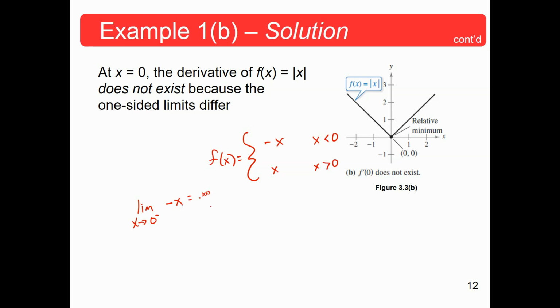Well, the limit's just 0, right? But this is not what we're doing. Why am I doing the one-sided limits? What I really need to be looking at is